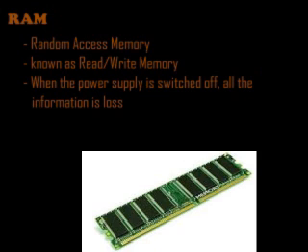Understand? Sometimes while we are typing in the computer, the power suddenly goes. What happens? All the data, everything we did in the computer, is erased from the memory. We won't get it back; we have to do it once again. That kind of memory is this RAM. When the power is switched off, the information in the memory is lost.